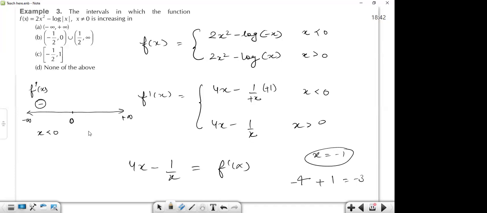Let's check for all values of x which are greater than 0. Let's take x equals plus 1. 4 minus 1 is equal to 3, so this will be positive. Now we have to understand one thing, that we had to find out where the function is increasing. As the slope is positive here,